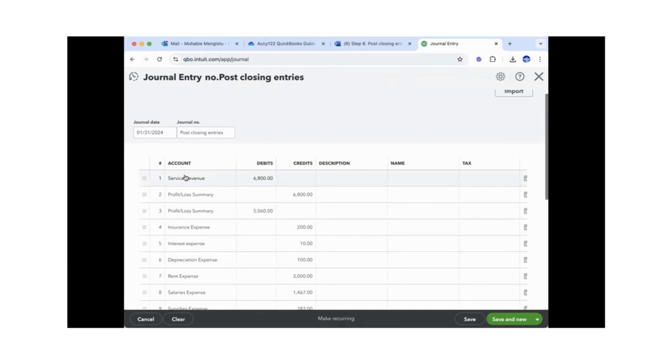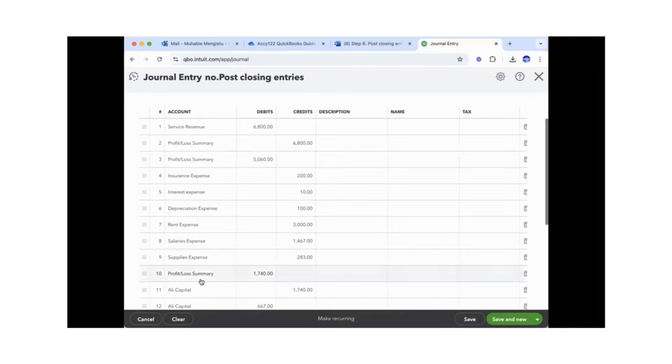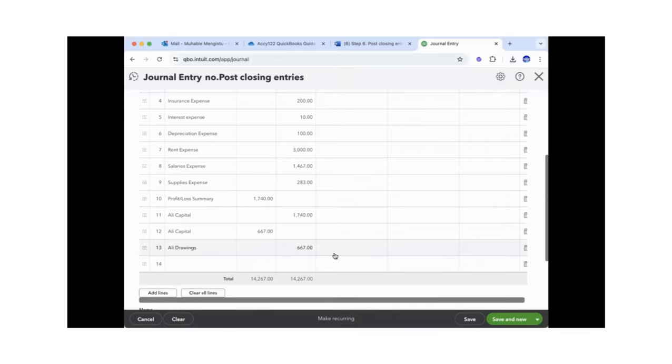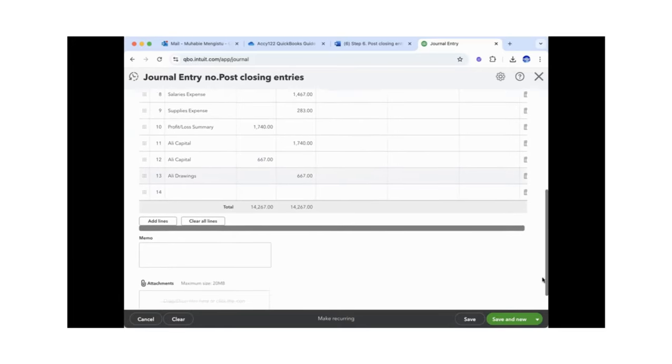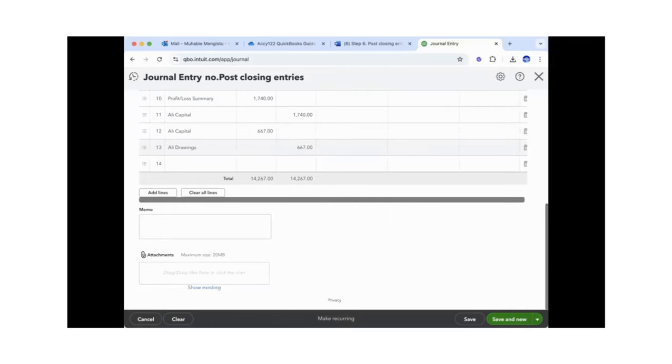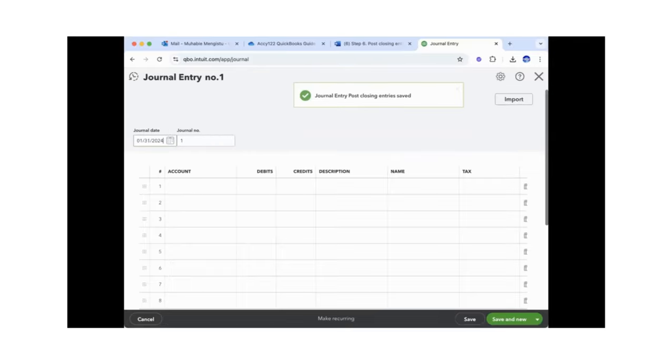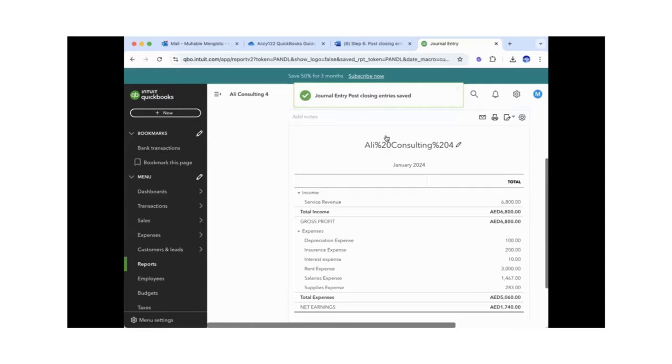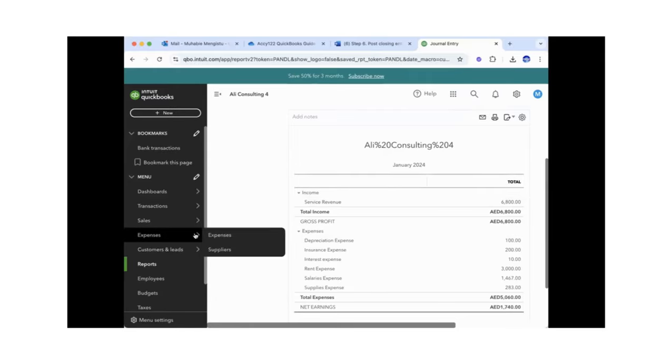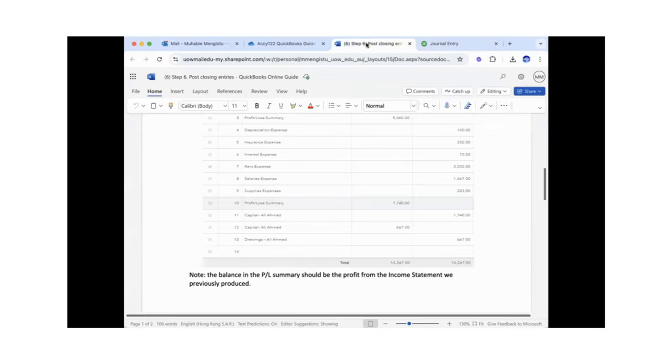First we close revenue to income summary, and then all expenses to income summary. And finally, of course, we close the income summary to the capital account. And later on, the drawing is closed to the capital. So everything is closed and everything is fine now. Okay, we have to save it. Once we save this one, we are asked actually to generate